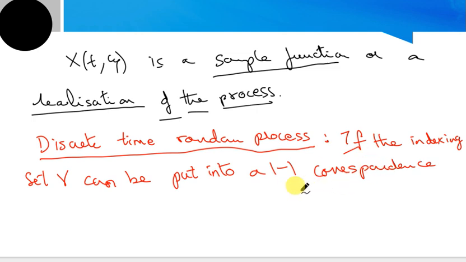One-to-one correspondence can be established very easily if we look at it as a mapping, as a one-to-one correspondence with the set of integers,